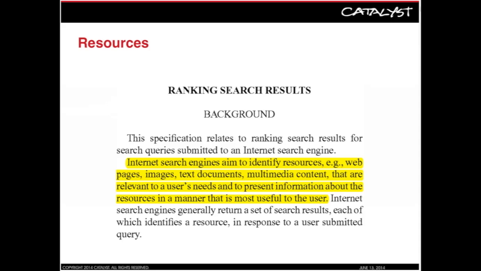So typically it's a domain like catalystsearchmarketing.com/Panda Patent Watch. That's going to tell the browser that this resource, the Panda Patent Watch webpage, exists under this domain of catalystsearchmarketing.com. And the original purpose of having domains, especially top-level domains like .gov and .edu, was to categorize resources. So this set of web resources belong to the government, and this set belonged to educational universities, and this set belonged to commercial entities. So that was the point of a resource.